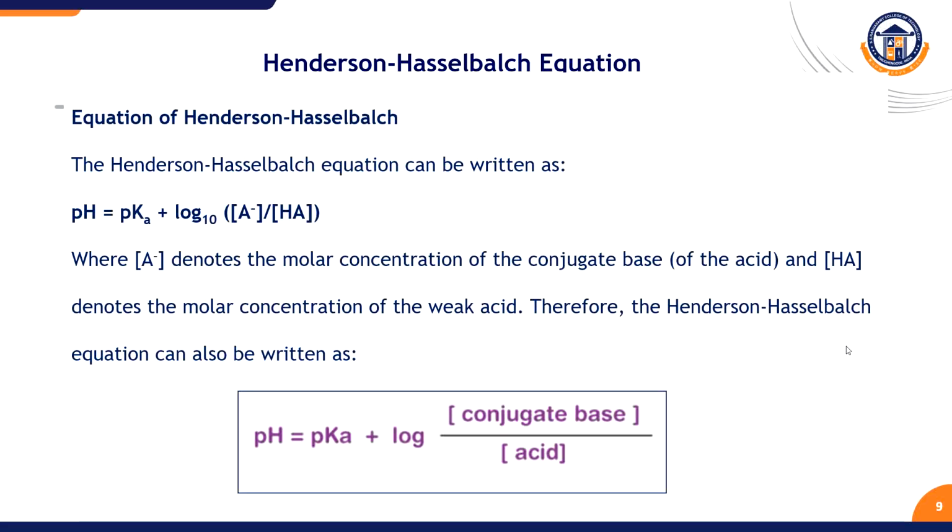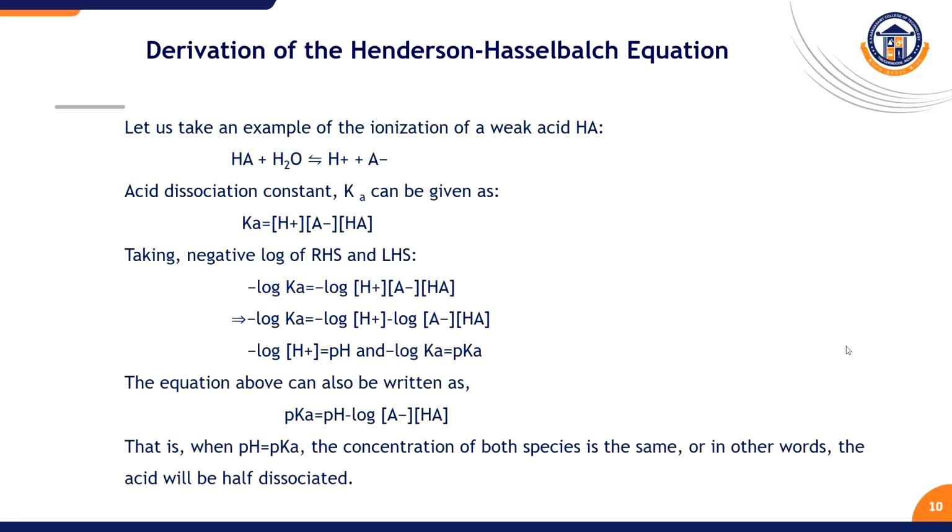Then the Henderson equation: we have to derive it using the solubility product of water. pH is equal to pKa plus log of salt by acid, that is, conjugate base by acid. So this is the derivation of this Henderson equation. The acid